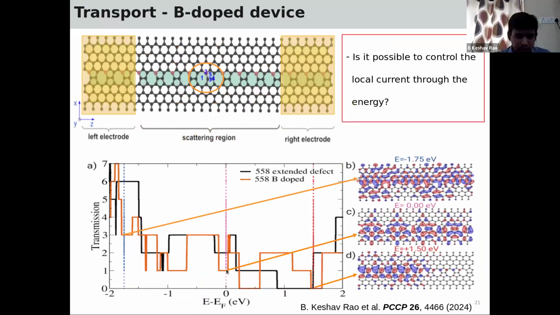Okay, and if forward biasing is applied, like negative biasing, the vertical lines show this kind of setup, where it shows the scattering region. There are 306 atoms, and the same unit cell is repeated 3 times and kept as an electrode. The same electrode, 102 atoms, is kept on the right side. In the scattering region, the unit cell is repeated 9 times, and the total atoms are 306. So when current is passed, this kind of transmission curves are